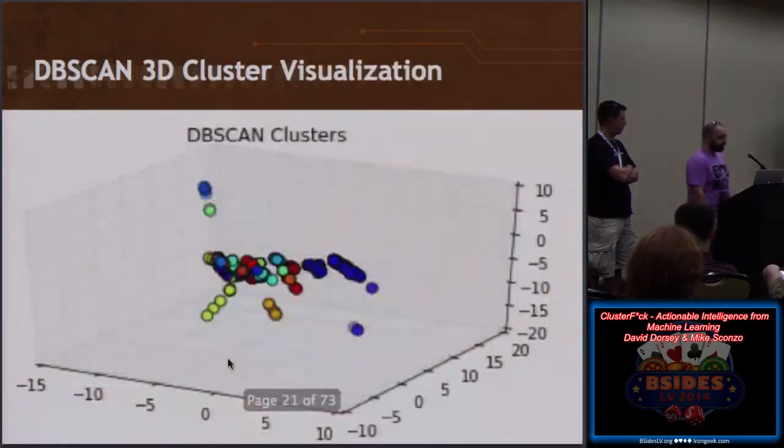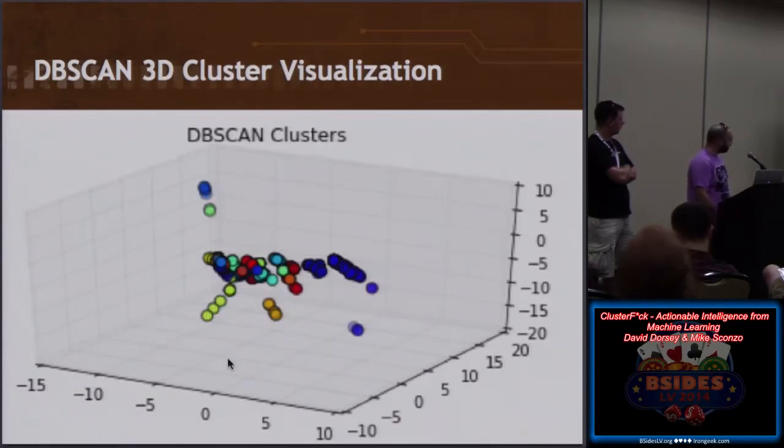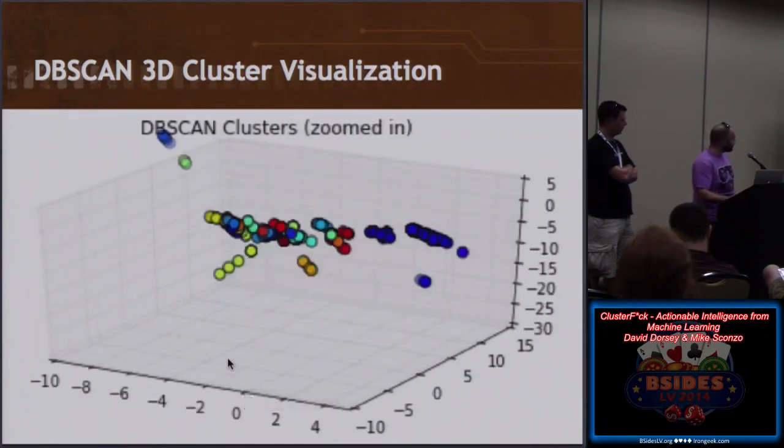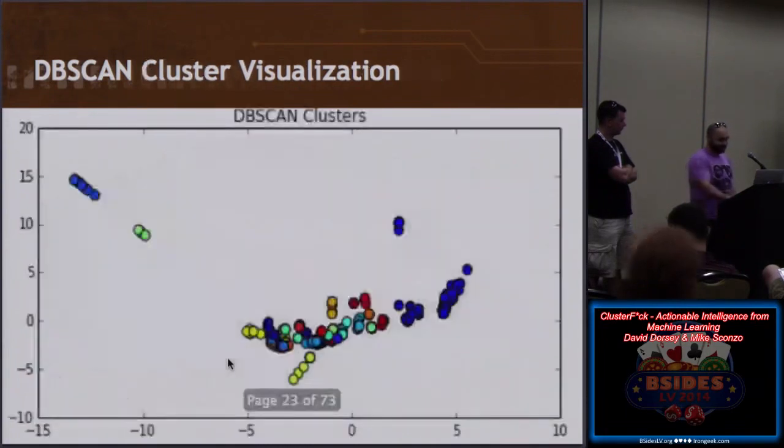And this is what the colored results of the clusters look like. So you can see groups of similarly colored things by groups of similarly colored things in 3 dimensions projected from 63. So whatever that means. Kind of a slightly better picture, so you can see more colored dots. And in 2 dimensions, because why not? And zoomed in 2 dimensions.